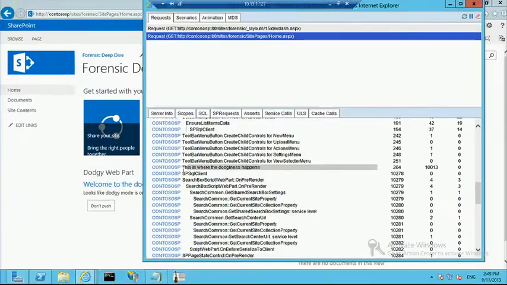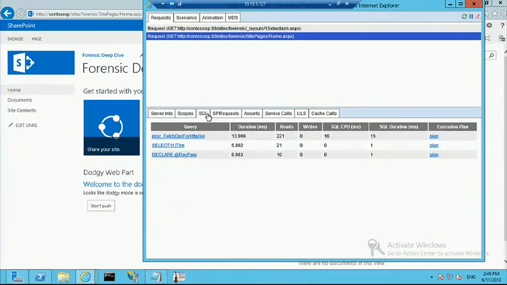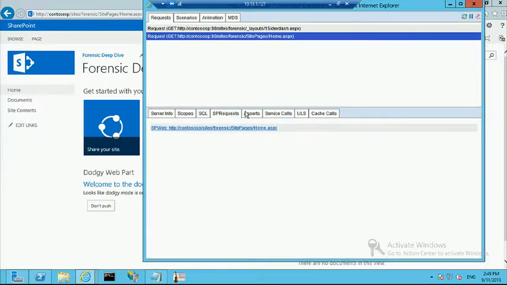While we're here, though, we can have a look through some of the other tabs. If we click on SQL, we can see all of the SQL queries that were executed upon this page request. Very handy if you're doing troubleshooting or diagnostics to know that information. We can see all the SP requests, all the assertions, if there were any service calls, and my particular favorite here,